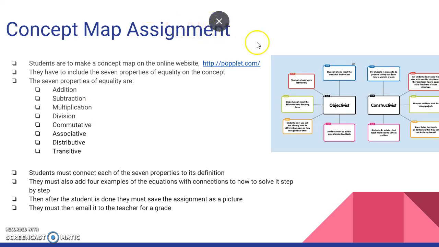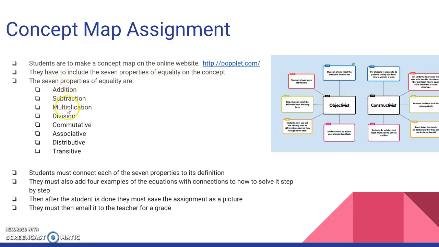The concept map assignment. Here's an example of how one will look. Students are to make a concept map on the online website popplet.com, and they can do this on the desktop or the Chromebook. They have to include the 7 properties of equality on the concept, so the definition will go right here, and